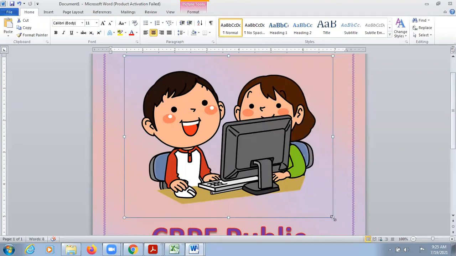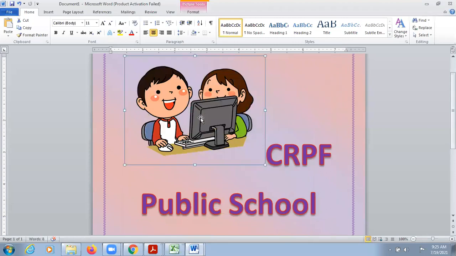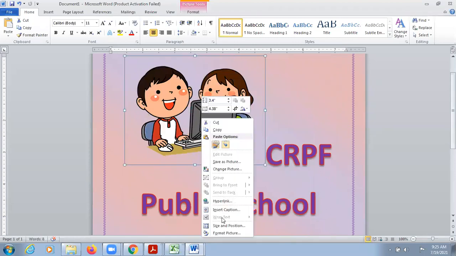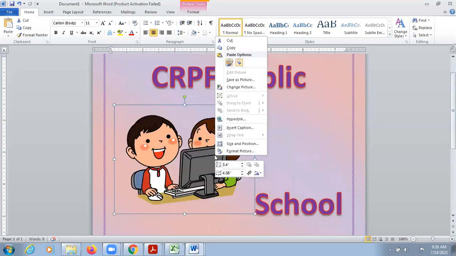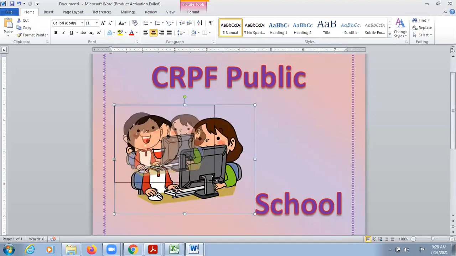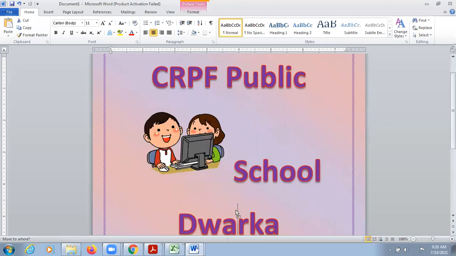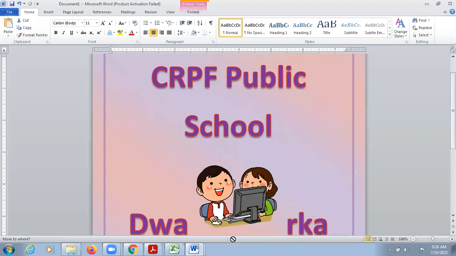Reduce the size of the image first. Now right click, bring it down, reduce the size again because this is still too big. Shift the image.